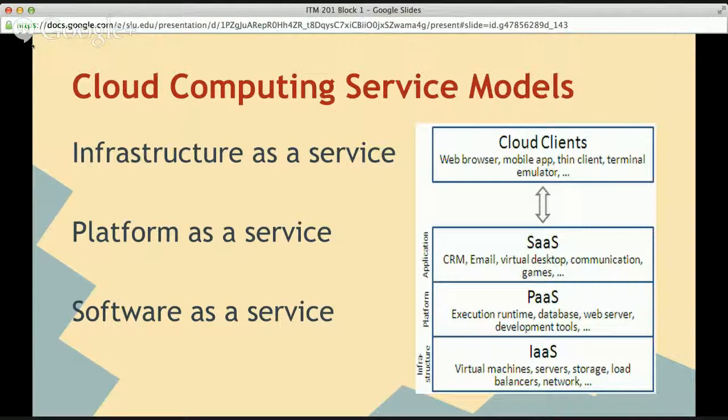There are 3 service models that we should know. The first one is infrastructure as a service. It is a service on the infrastructure layer used to access essential IT resources that are combined under the heading infrastructure as a service. The second one is platform as a service. It comprises the environment for developing and provisioning cloud applications. The principal users of this layer are developers thinking to develop and run a cloud application for a particular platform. The last one is software as a service. It's a service providing a complete application to a cloud end user.